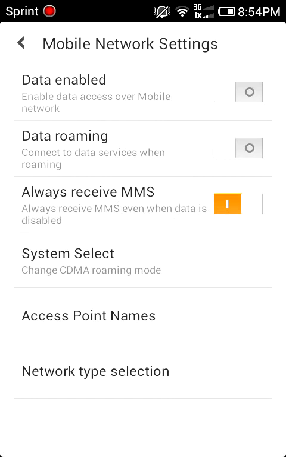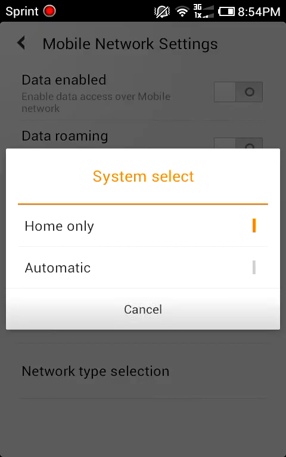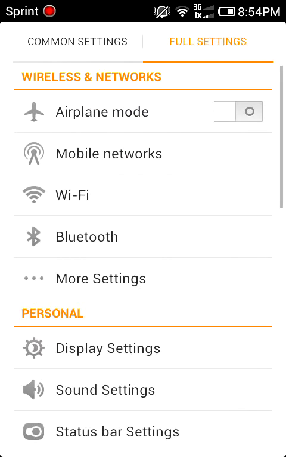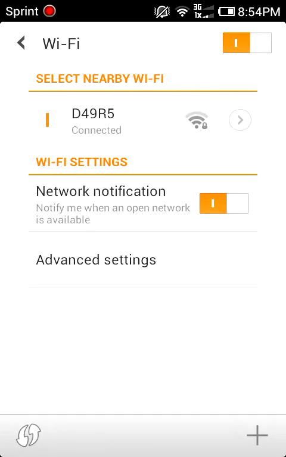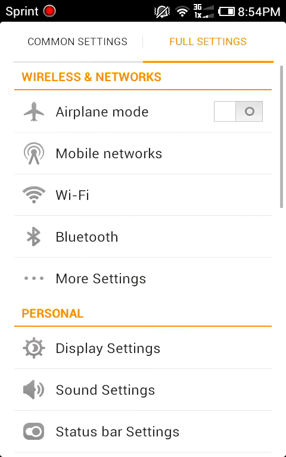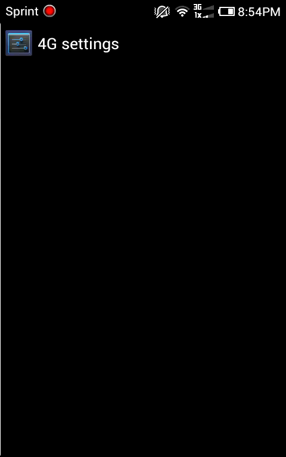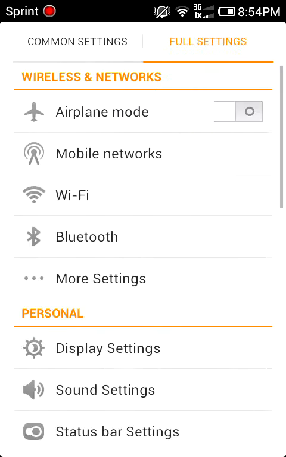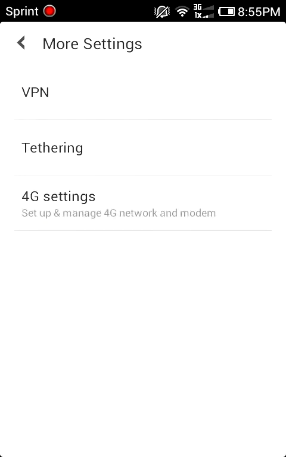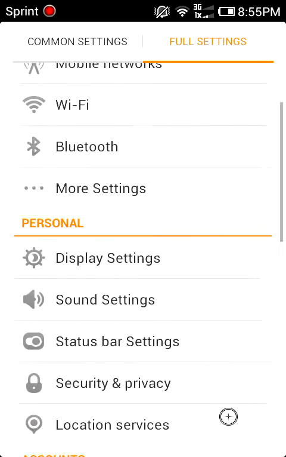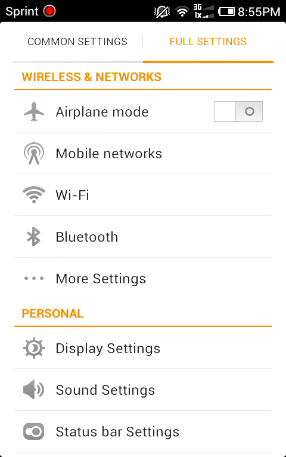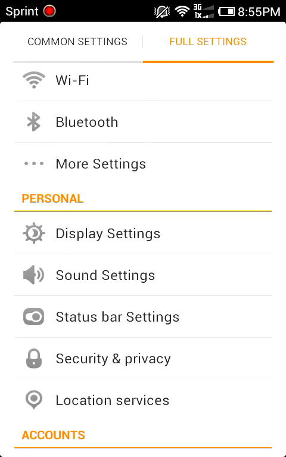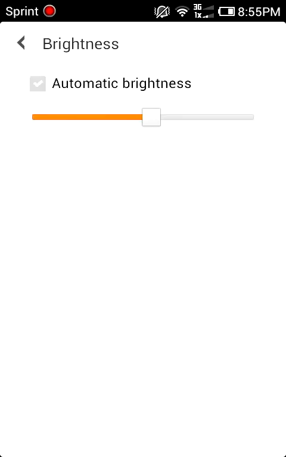You can do system select, automatic roaming, you have access point names, all that. You have Wi-Fi settings. You have Bluetooth. Go to more settings. You have 4G. 4G does work in this ROM. It works pretty nice. It isn't as fast as TouchWiz based ROM 4G, but that's expected with all AOSP based ROMs. So yeah. And then you have display settings, which you can change the brightness level, you change the wallpaper,